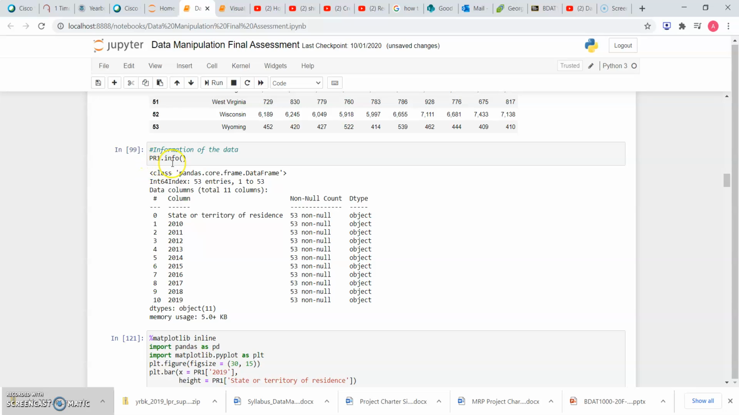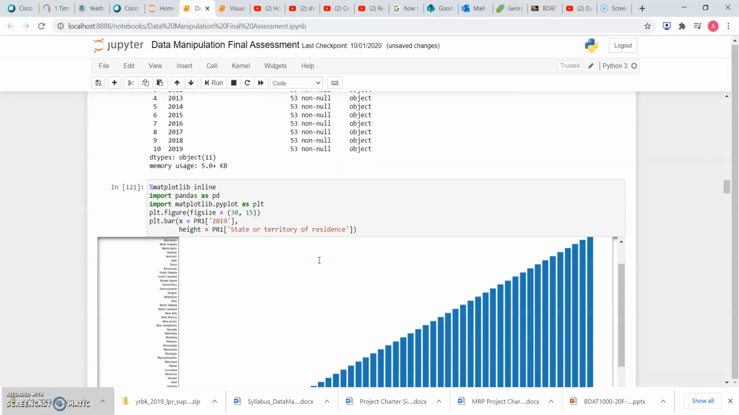So I use pr1.info, and then I'm able to see that I have 53 non-null by count. So all of the variables here have a value assigned to them. And then also